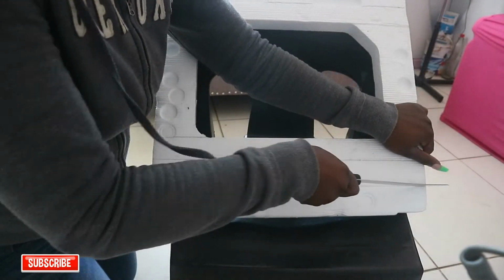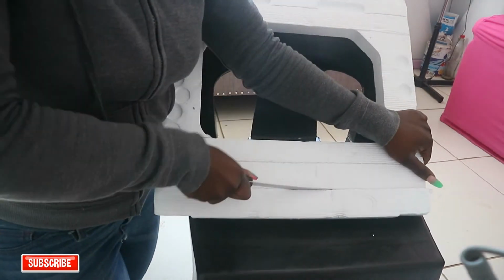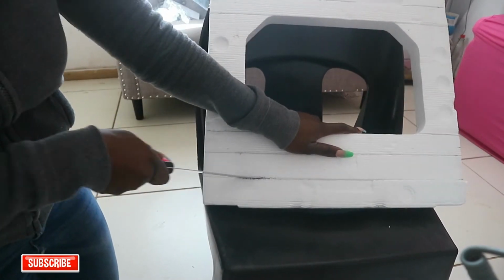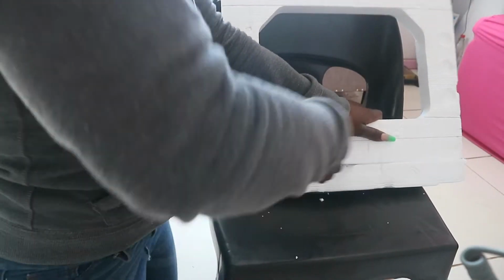Because these are actually picture ledges, they are wide enough for just one row of polish, so I decided to make room for another row of polishes so that I can have two. But now to elevate that, to make the polishes